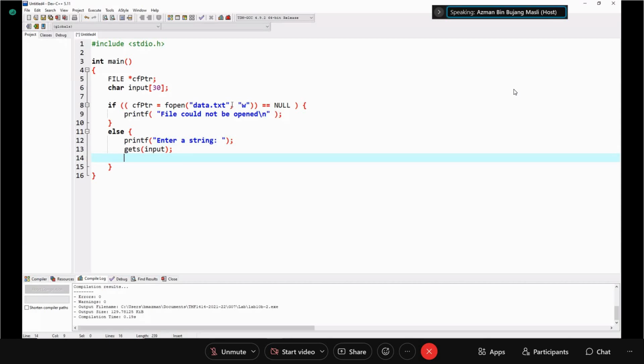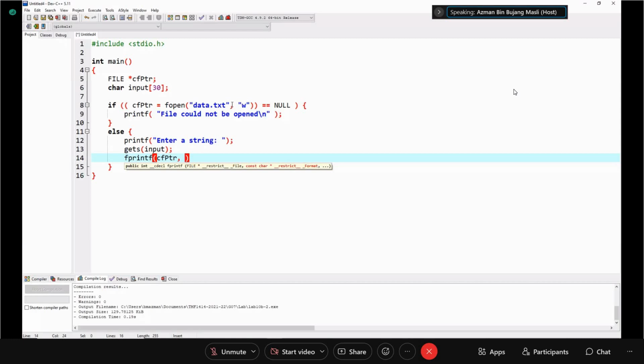And then once you got the string from the user, then you can store this string into the file. So we are opening the file for writing. In order to write to the file, you use fprintf to the file. Here, you need to specify the file pointer, this pointer that points to the file.